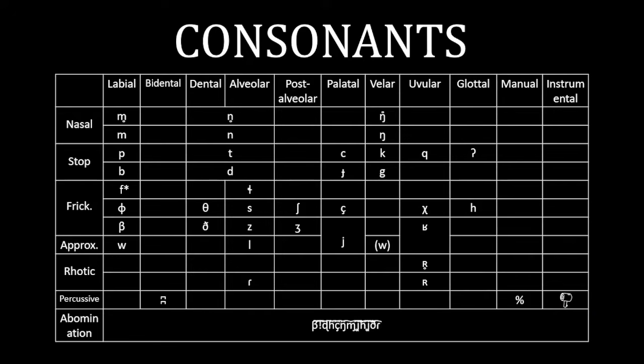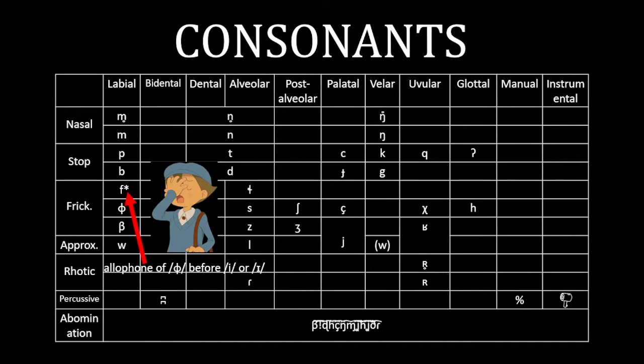Oh yeah, did I mention that each of these consonants also come with nasalized variants? Oh, don't ask me how to nasalize a nasal, please just don't ask. Also, you may have noticed the asterisk next to F. It's an allophone of F before E or I, for reasons that I'll explain right now. There's literally no reason, they just included an allophone for the funsies.